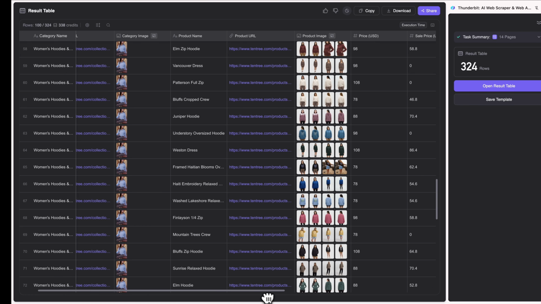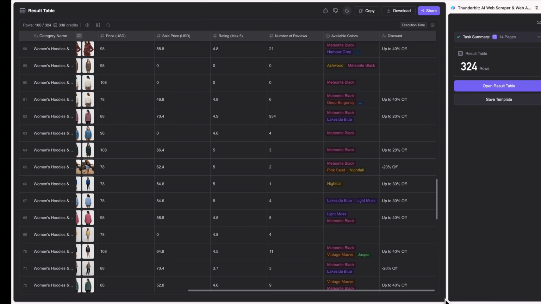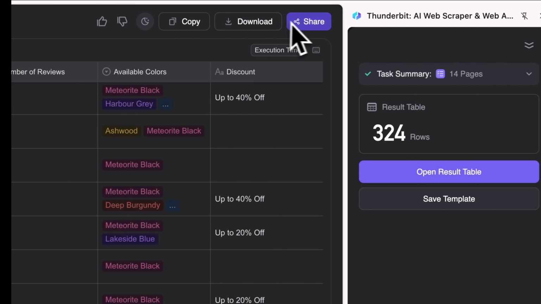You can use it for product research, price tracking, competitor analysis, and marketing analysis. Then copy, download, or share the table as